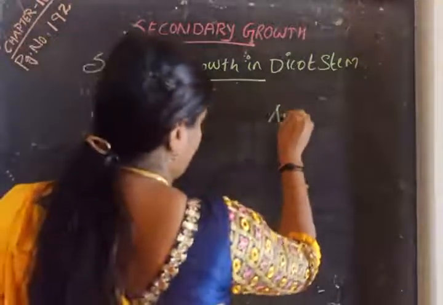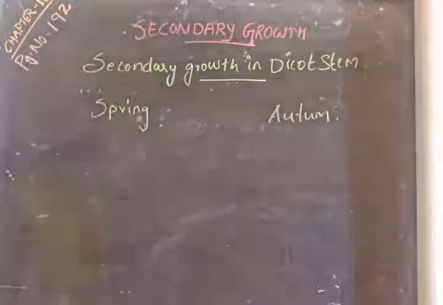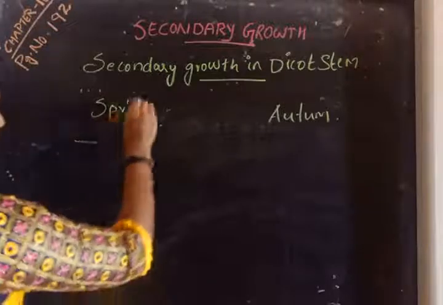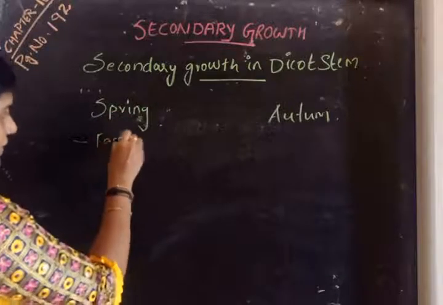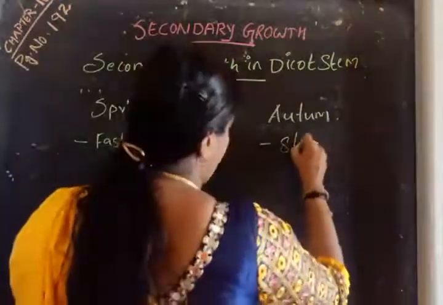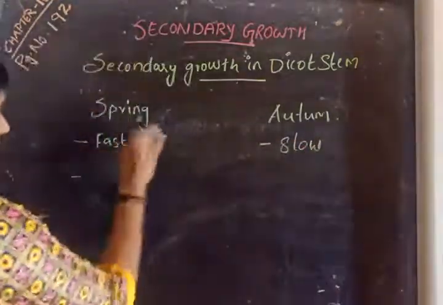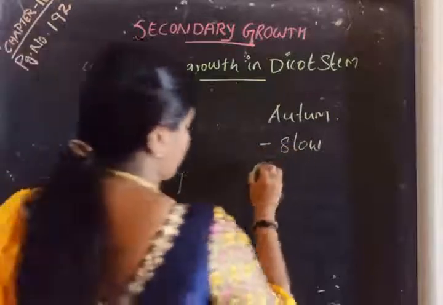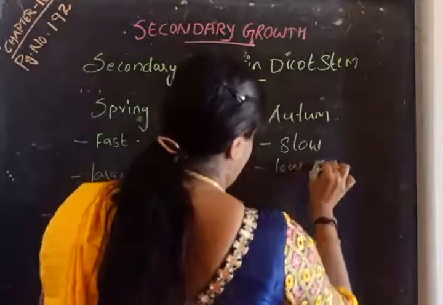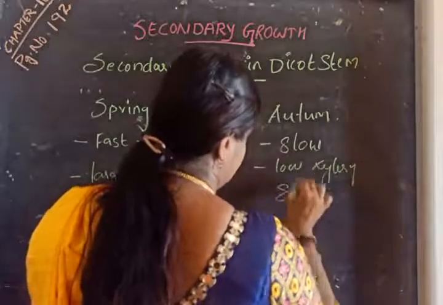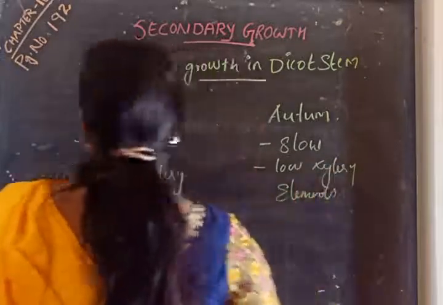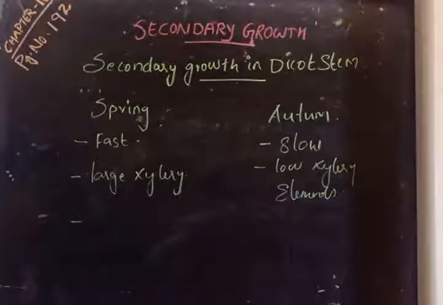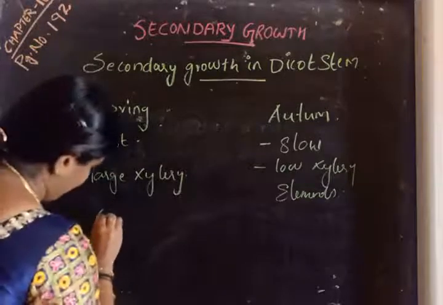Spring wood and autumn wood. First, in spring wood the cambial activity is fast, whereas in autumn wood the cambial activity is slow. Spring wood has a large number of xylem elements, whereas autumn wood has fewer xylem elements. And in spring wood it has a wide lumen. The xylem vessels and tracheids have a wider lumen,